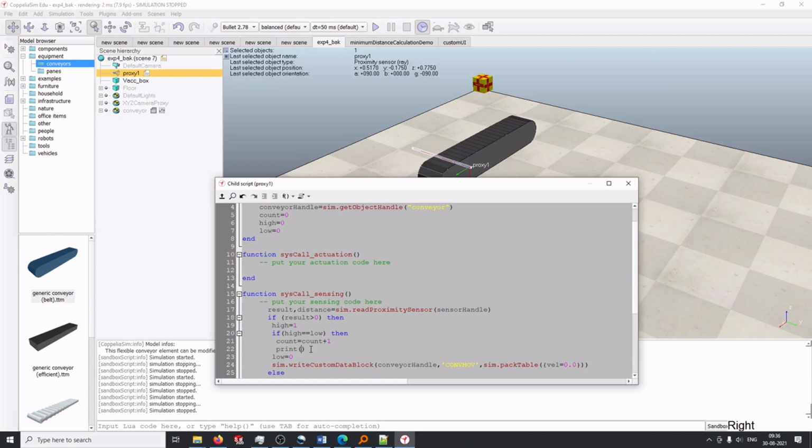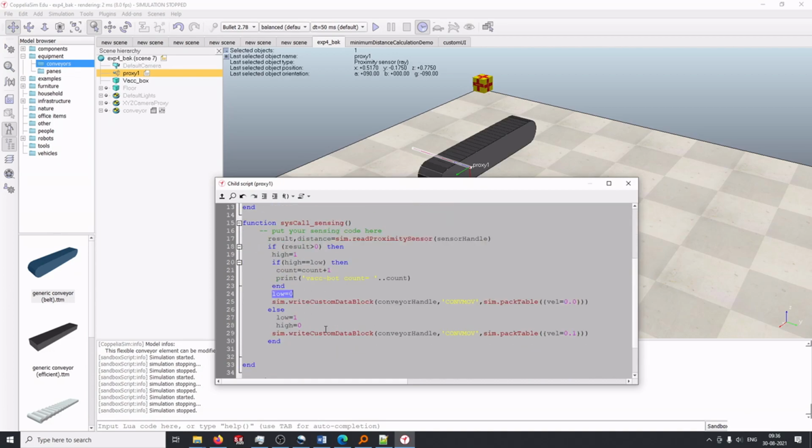So that is, vaccine box count equal to count. Okay, and we end. This is to reset to 0.